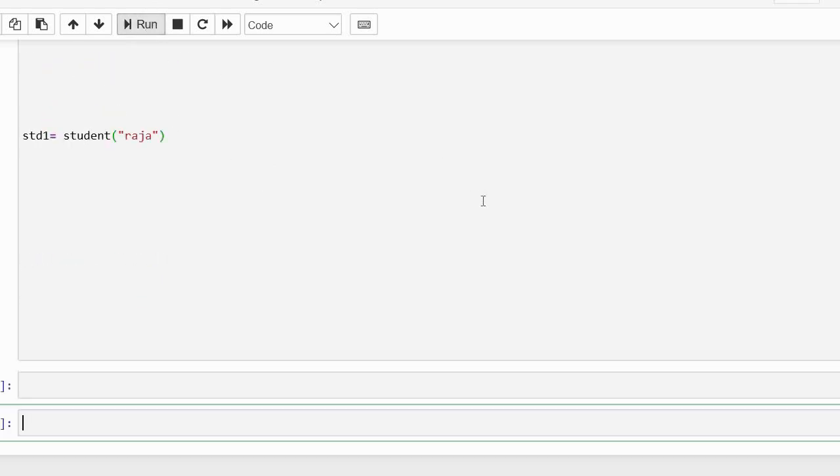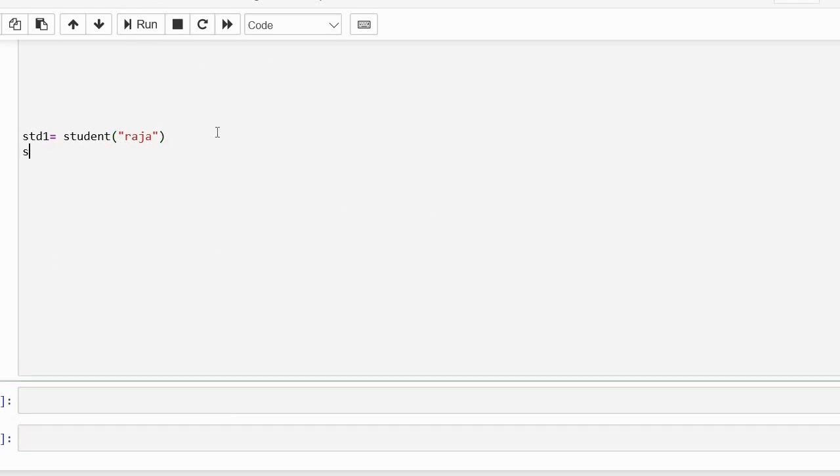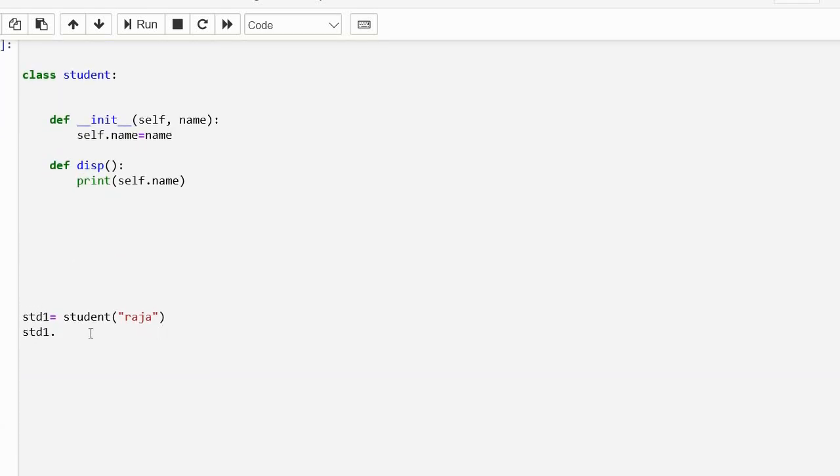So what is the output of the program? You can see this student1 equal to Student Raja. Now after that you have to call that method, that is the object dot, then the name of the method you want to call. For example display. You don't need to pass any variable because the constructor is already there. This Raja will be replaced in the name and you are just calling that particular variable from this method. So this is the program. Now let me show you the output.